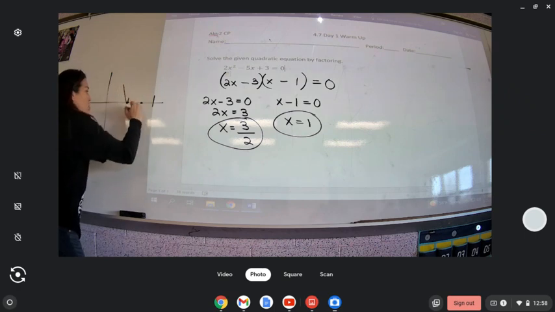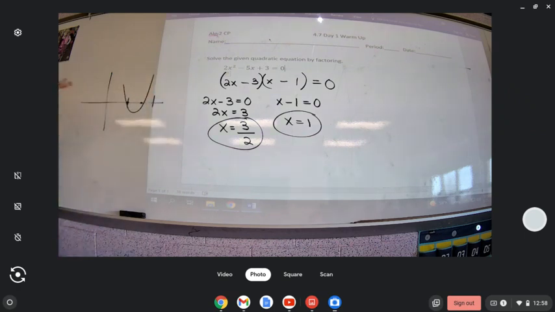A was positive, so this parabola is opening up. It looks something like that. That's what we know right now. Okay, so now